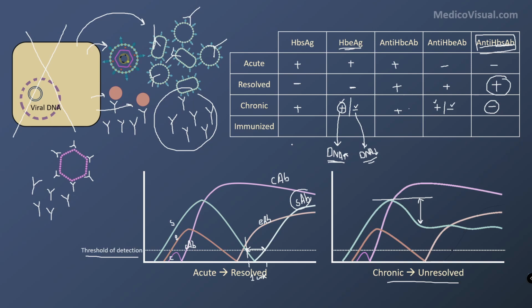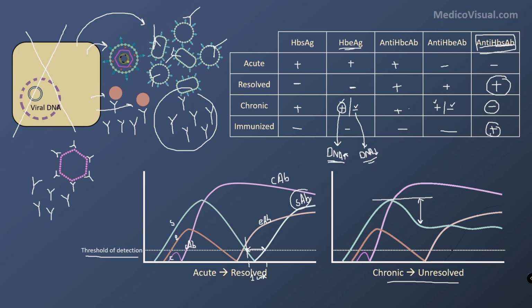Then in immunization, what we give is that we inject surface protein. We inject the surface protein of the hepatitis B virus. We use recombinant protein. We inject it into a person, right? Not the whole virus, only this surface antigen. And after some time, what will happen? His body will produce anti-HBs antibody, and that is immunization. Everything else will be negative,